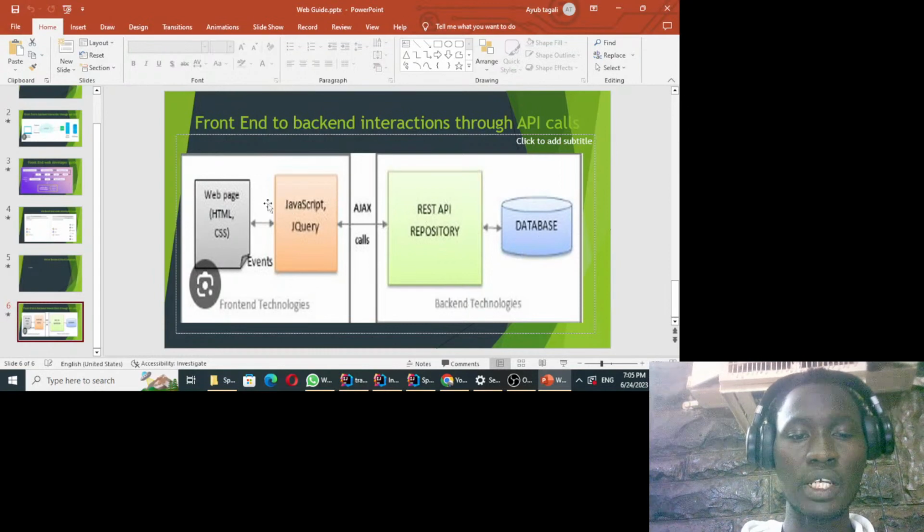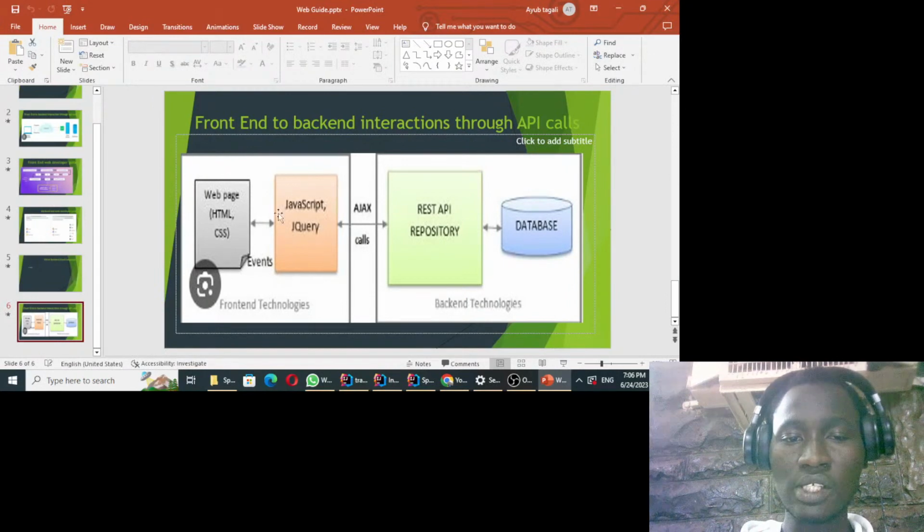And then at the front end here, you have your front-end application or web application, or a website which is running in your browser, or maybe on your phone or tablet or whatever device you're using to access our application. So this web app or web page is being developed using HTML, CSS, and JavaScript. Basically, we will use HTML and CSS to define the buttons, the layouts, the colors and all the styling stuff.